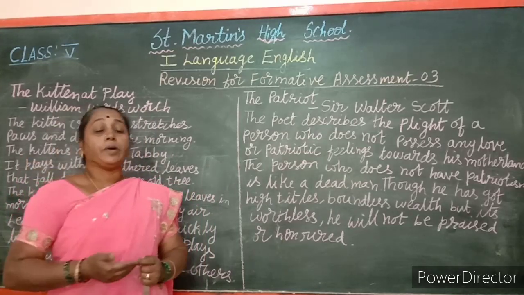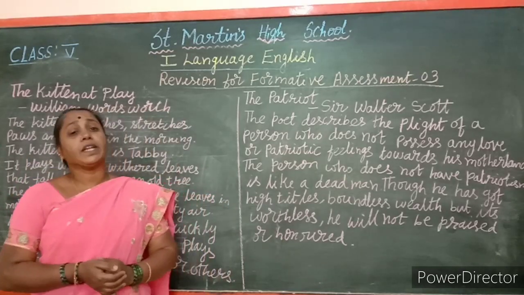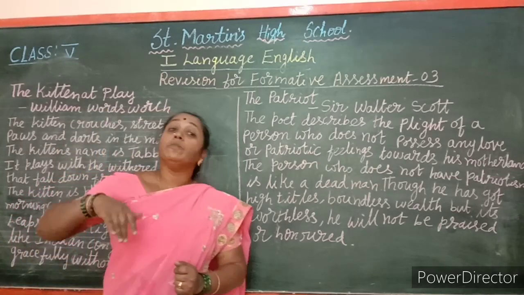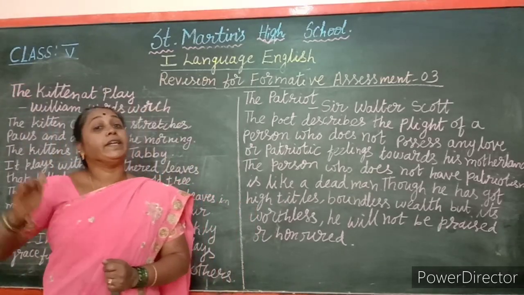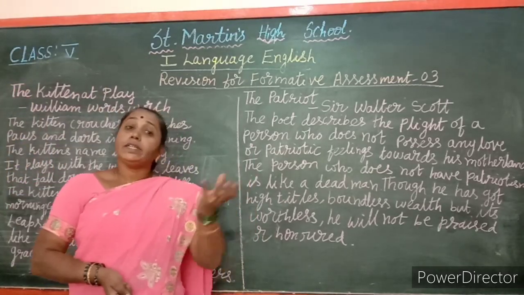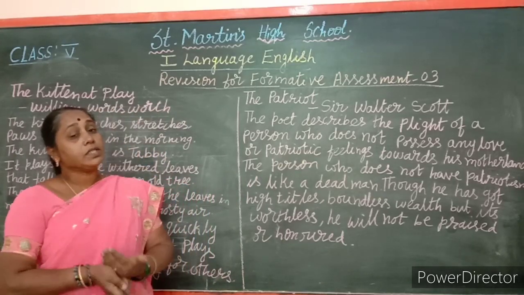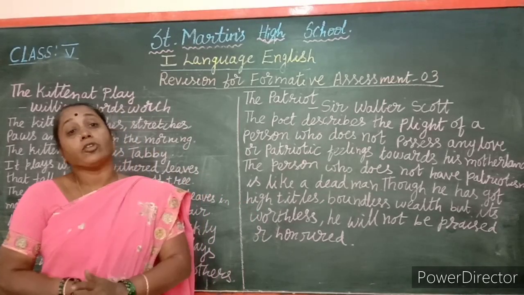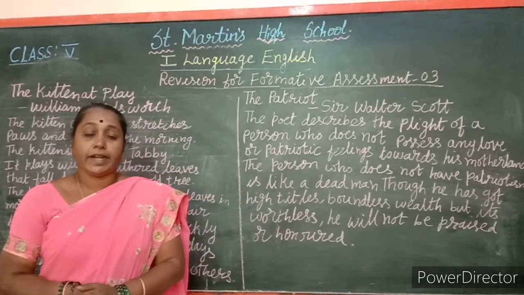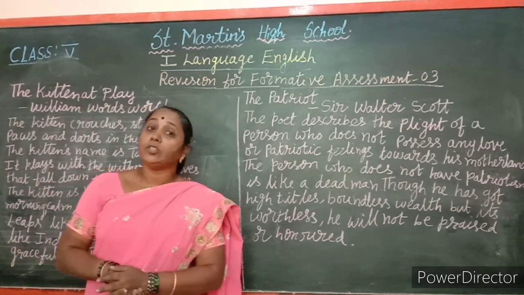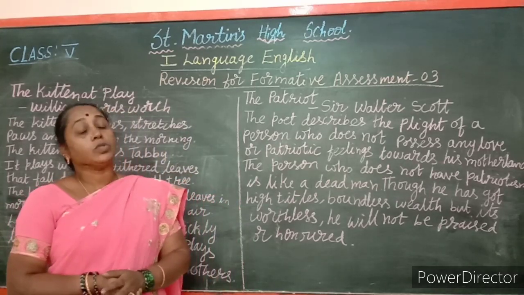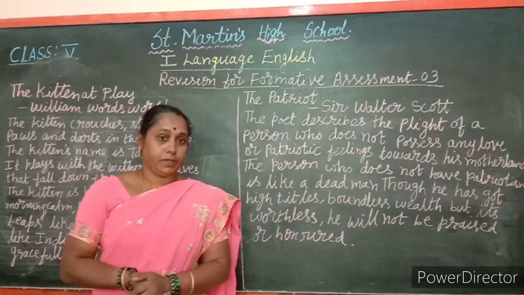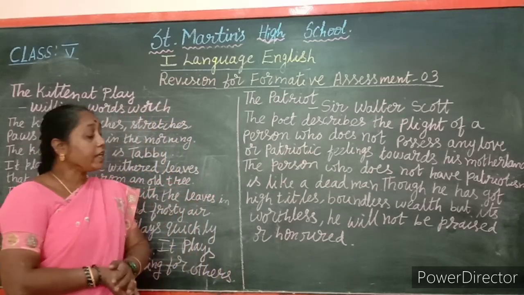So here the person takes birth in his motherland, he studies here and he learns how to earn money. Later on, he moves abroad and he earns for his life. At that time, what does he do? He doesn't return back to his motherland. When he turns back to his motherland, he doesn't have any patriotism towards it. So such a person is considered to be like a dead man, whose heart never burns within him for his motherland. He is like a dead person. The poet says that he is like a dead man.